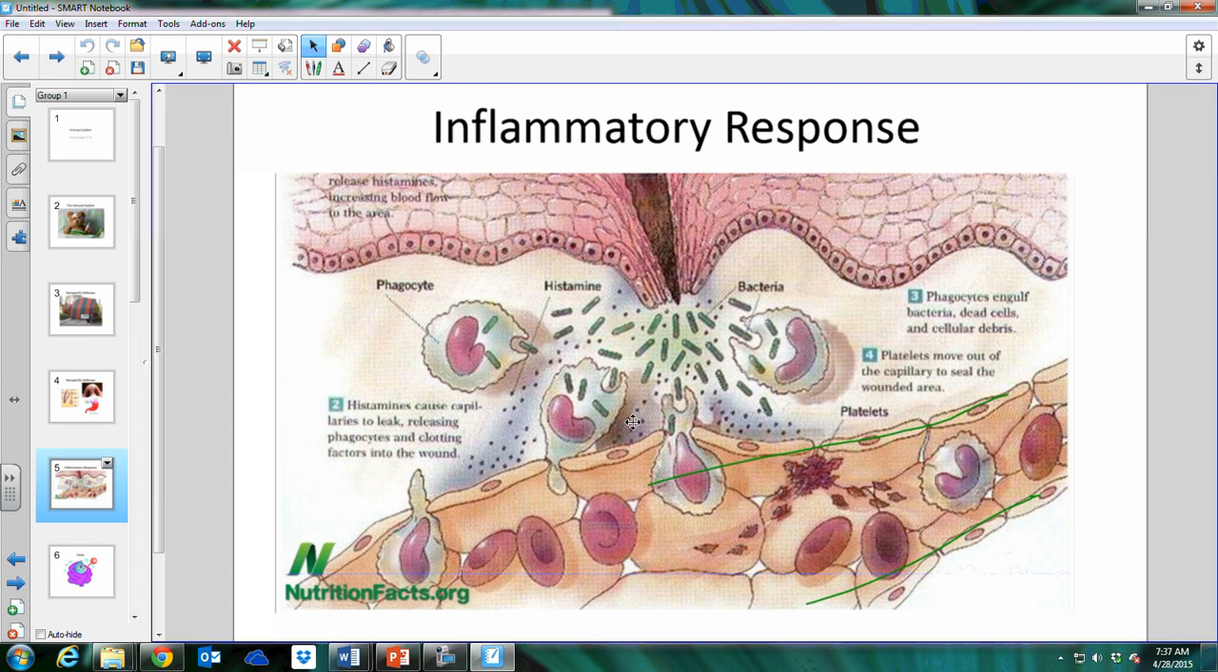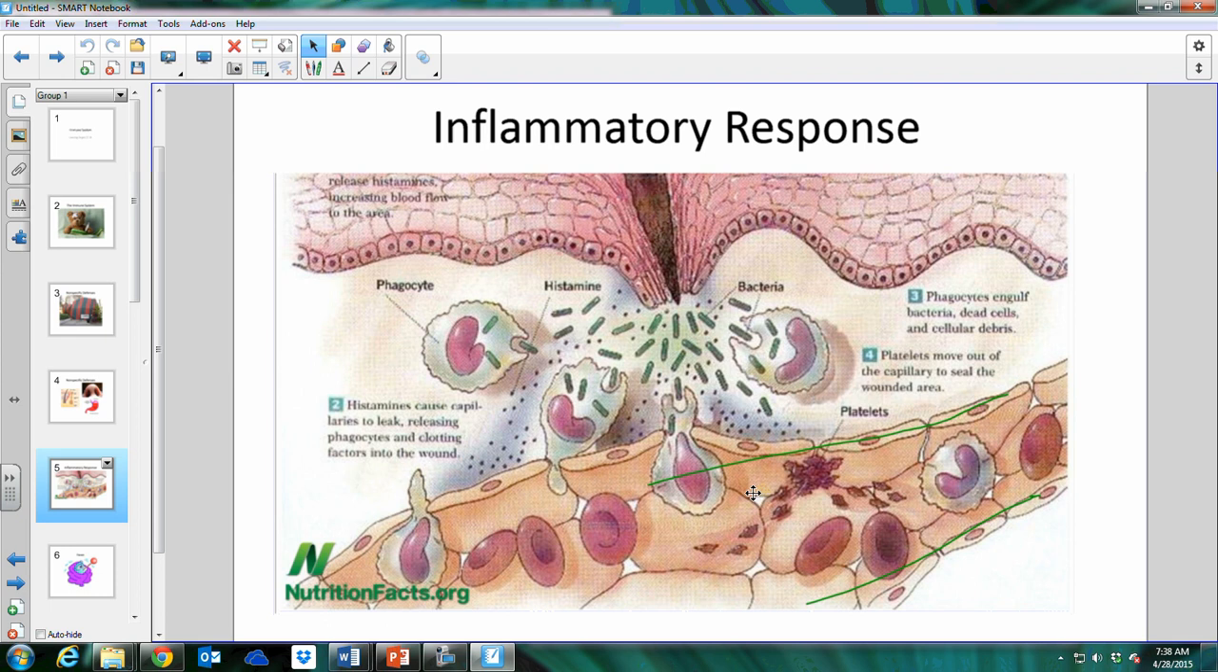The inflammatory response is when your body comes in contact with some kind of foreign object. This shows a rusty pin or a nail piercing through the skin, and all the bacteria that are coming with it. What your body will do is the white blood cells around the area will release a chemical called histamine, and that histamine causes that area to swell up because the blood vessels in that area will close off,